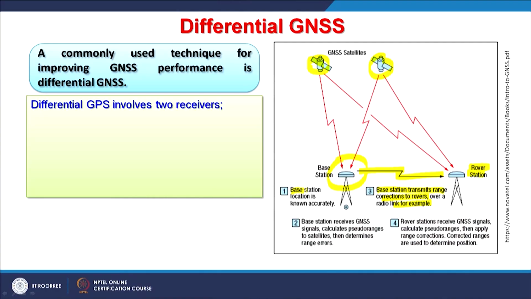The base station location is known accurately. How is it known accurately? If you want to develop a permanent station or base station, you keep recording the data and take the average location value. Suppose a recording has been done for 24 hours, or 7 days, or a few months.